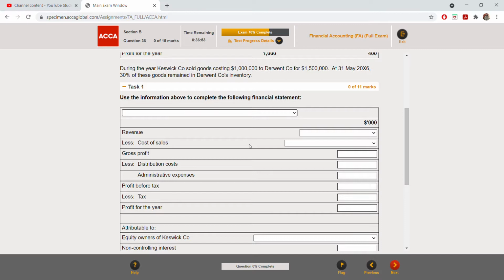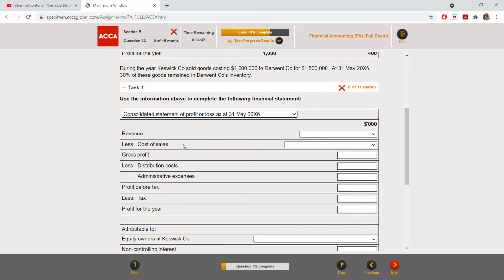First, what is the topic? It is the consolidated statement of profit or loss for the year ended 31st May 2006. Okay, it is for the year ended and it is consolidated. Both have to be correct. Next, the revenue. What is the revenue? The revenue will be,